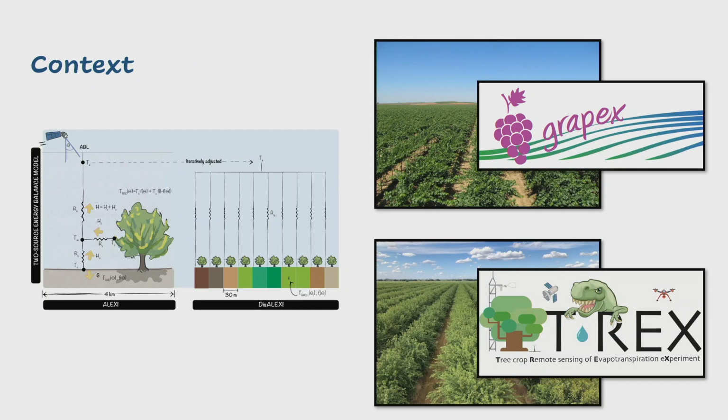So for context, this all started with the project GrapeX back in 2013, which ultimately led to the project called T-Rex. Yes, we love our acronyms within the ARS, which started because we wanted to better model satellite-based ET over these very unique canopy structures, specifically wine grape vineyards in GrapeX and tree perennial crops, most notably almond orchards in T-Rex. And we initially started doing this using the ALEXI/DisALEXI ET model, and the reasoning behind that is because it's